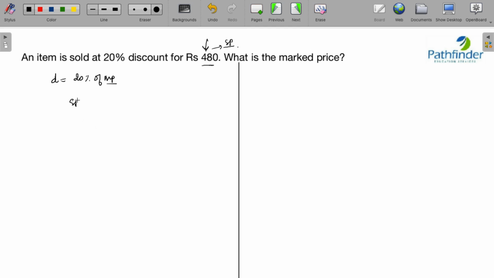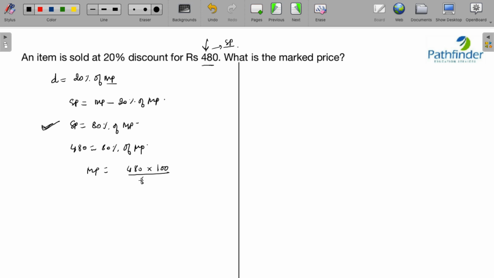So what do we have? We have selling price is equal to marked price minus 20% of marked price. So which means selling price is equal to 80% of marked price. Now this is something which you should be able to write down instantaneously. And since selling price is given to be 480, 480 is equal to 80% of marked price. Your marked price will be 480